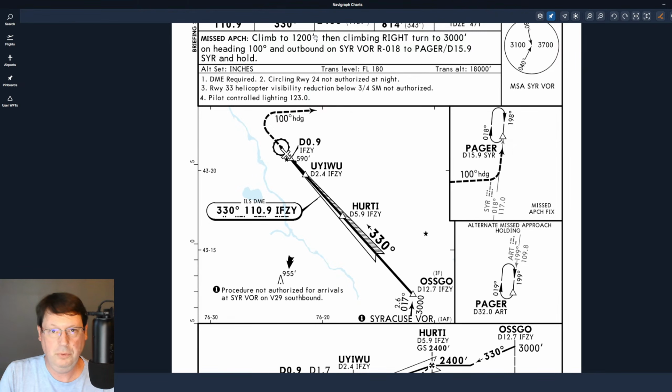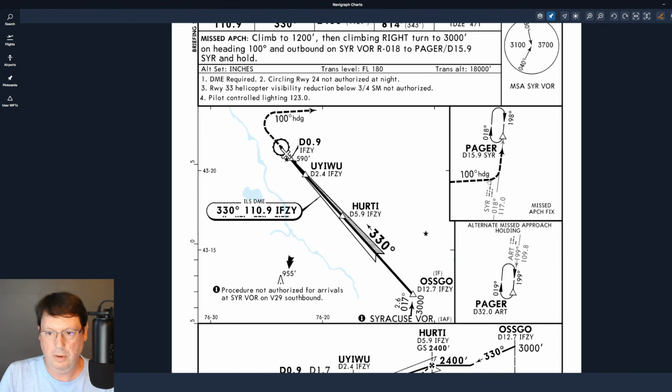And then once you hit 1,200 feet, you make a climbing right turn to 3,000 onto a heading of 100. And you can see they put these inserts in the plan view of the chart when things aren't close enough together to be able to fit them on a normally scaled overhead. So you would fly the 100 degree heading this way,